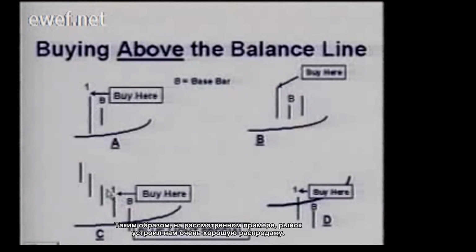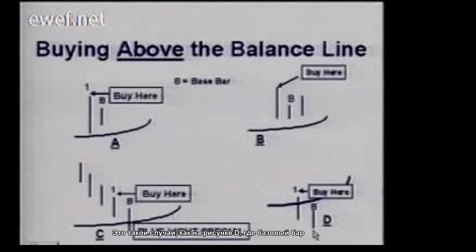So in this illustration, the market has really put on a good sale for us. First of all, we would have to pay this price for it. Then the market says, no, we're going to let you have it for this price. So hopefully these 3 illustrations will give you some repetition on the fundamentals, and it doesn't really get any more complicated than this. There's one other factor, though, that we need to discuss here that's very important, and that is